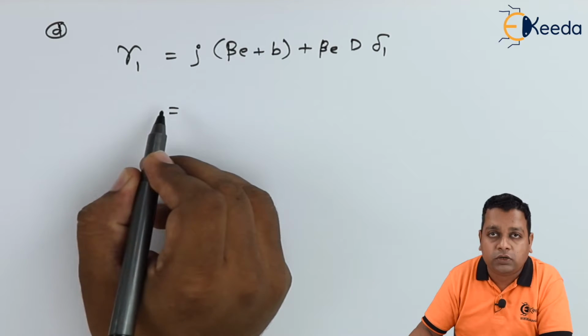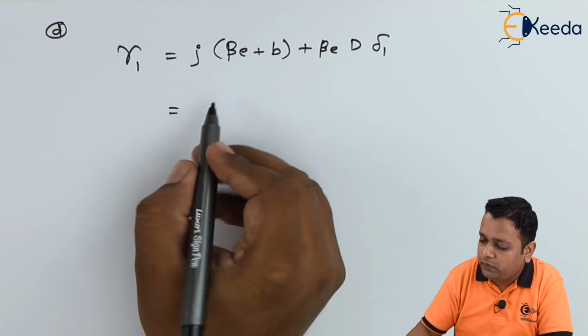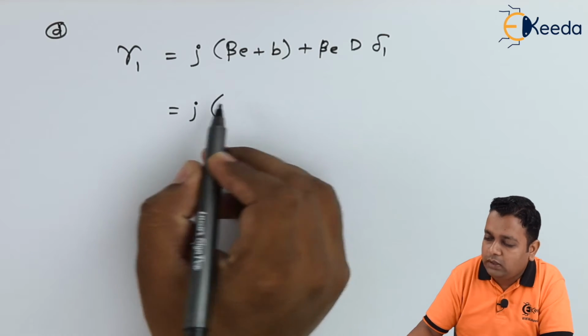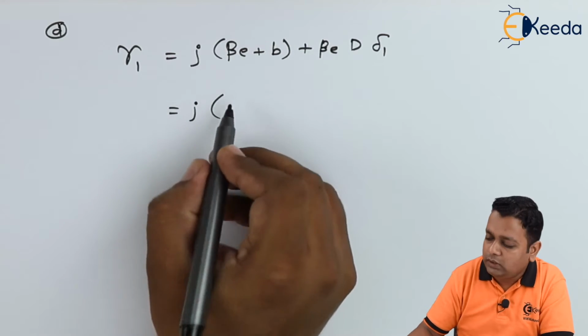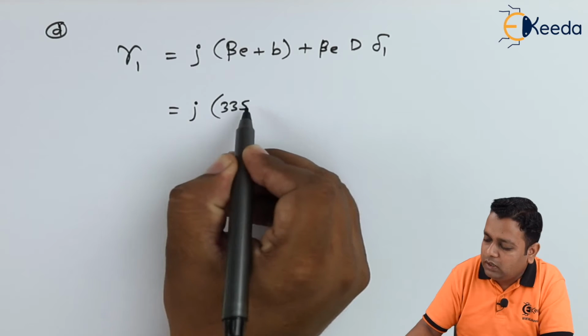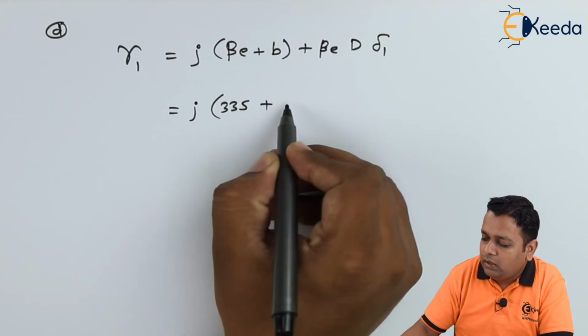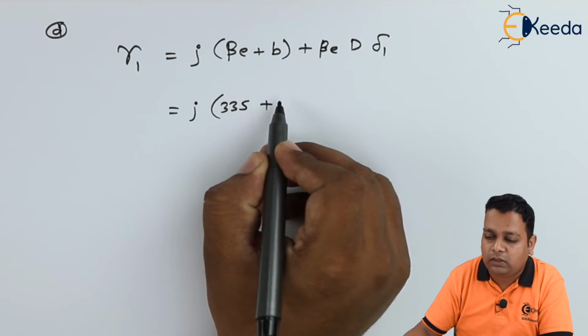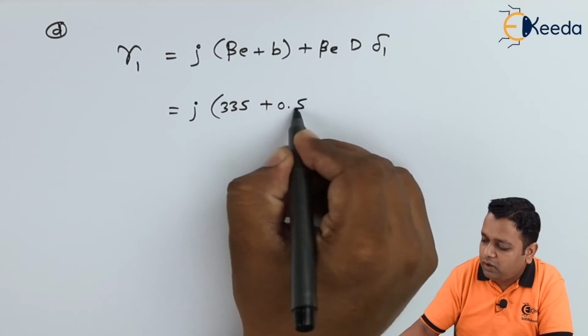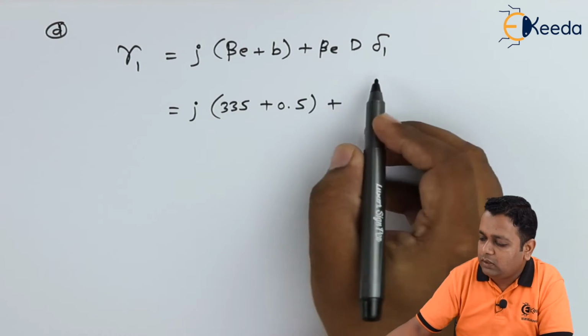So when we substitute the values, here we have j in the bracket, for the phase shift constant, I mentioned it is 335, added with small b factor, here we have 0.5, added with